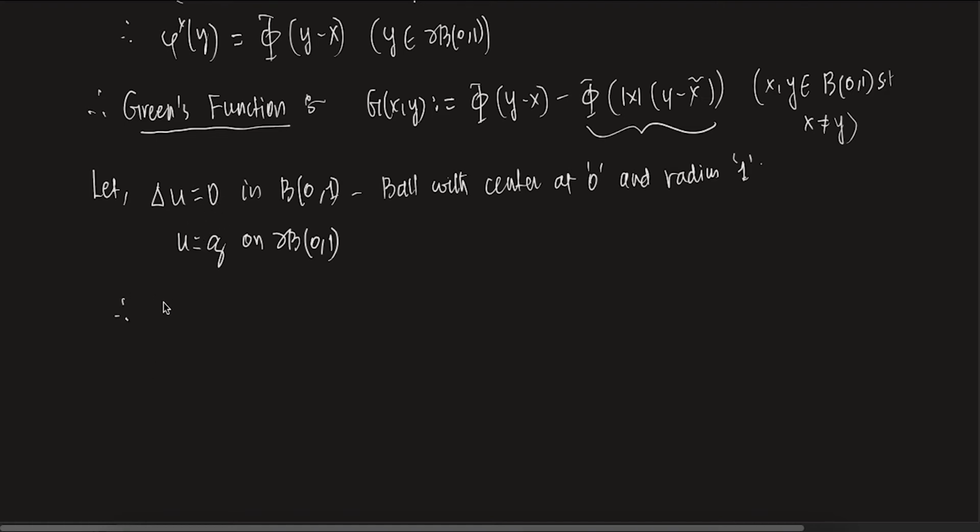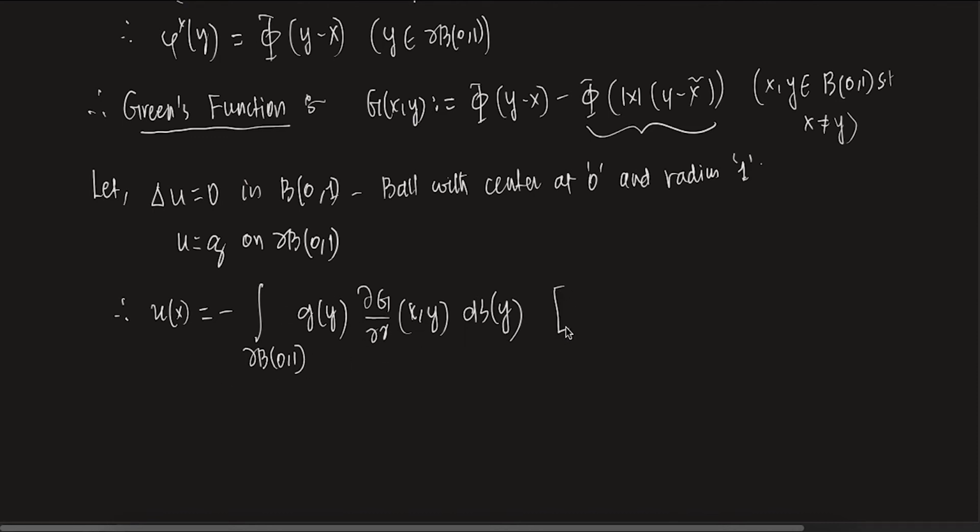So therefore, you use the representation formula. If you use the representation formula, you can see that u of x will look like minus integral over the boundary of B(0,1) of g of y, del G by del gamma of x, y, dS of y. Clear? Okay. So u of x will look like this.